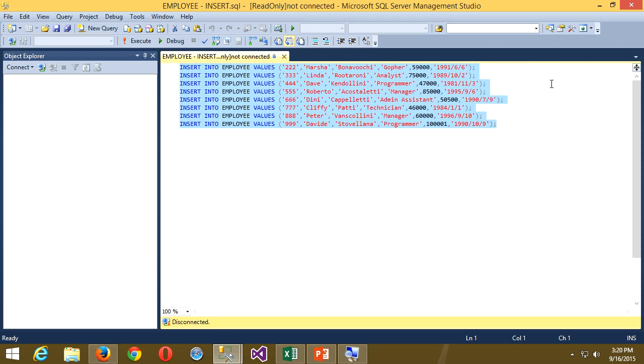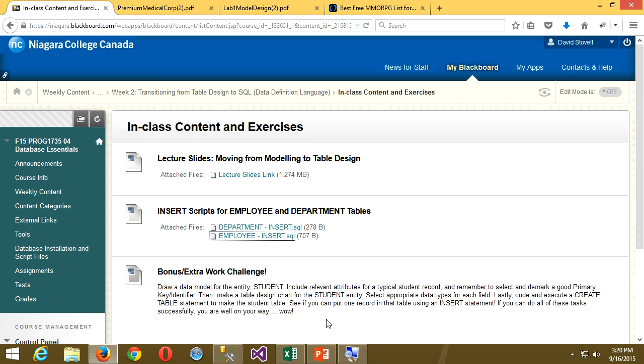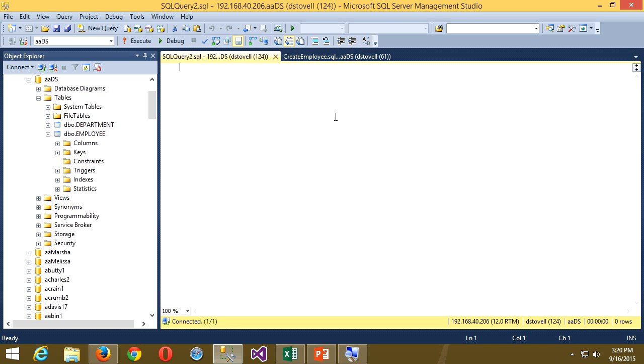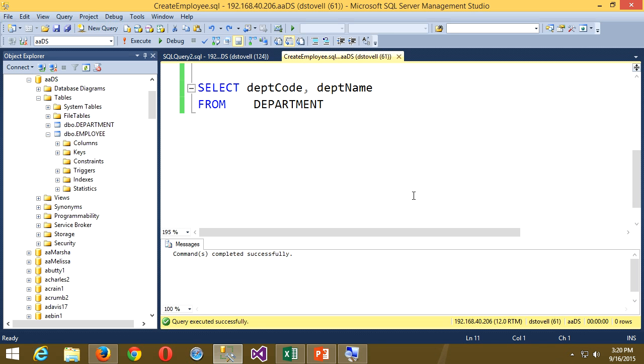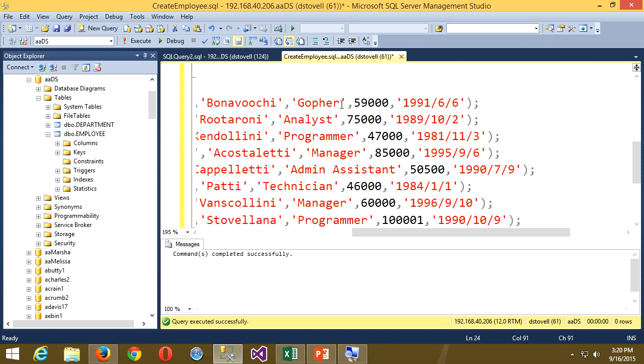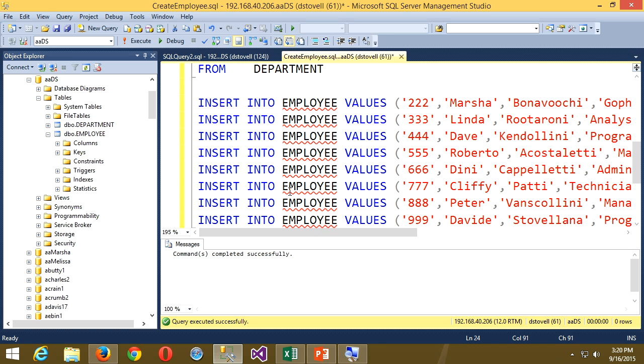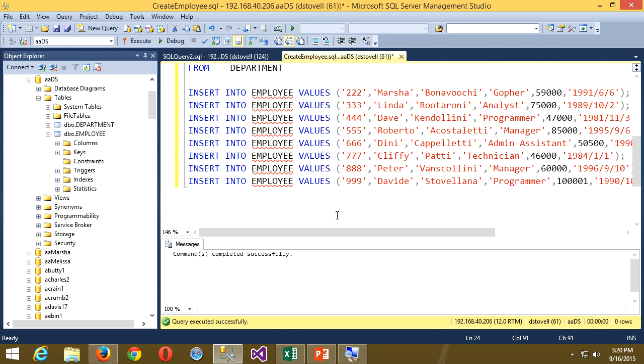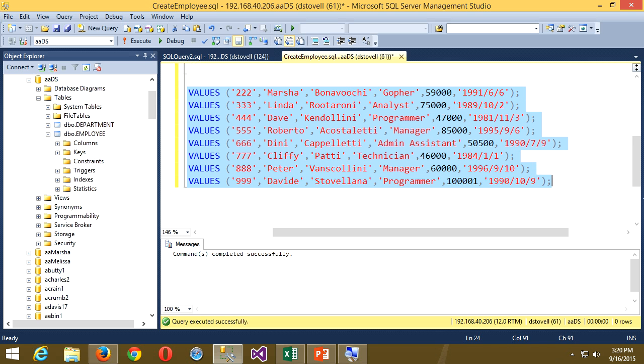I'll copy that, and go back to the one I have open. I can just click New Query to open a new tab if I want, or I could have just pasted it in down here. I could just paste the text in here. Just be careful though, when I go to execute this, I want to make sure I'm selecting just what I want to execute, right? You'll get used to that more and more because we'll be doing it constantly. You select the text that you actually want to execute, and then,